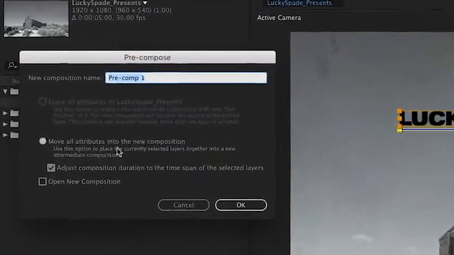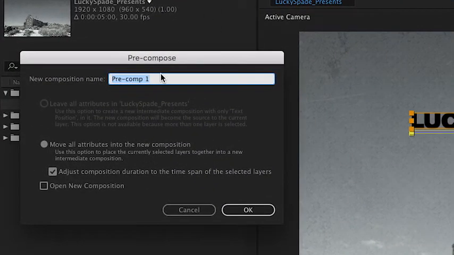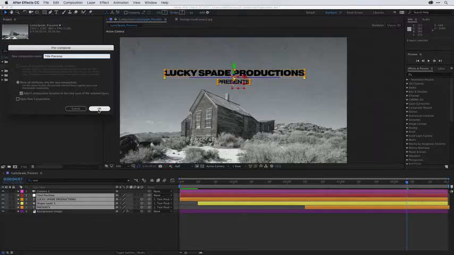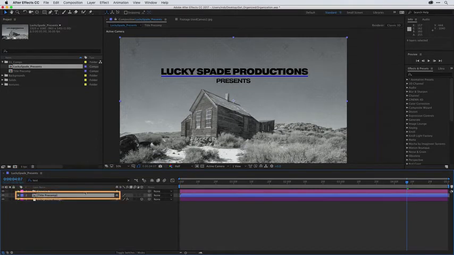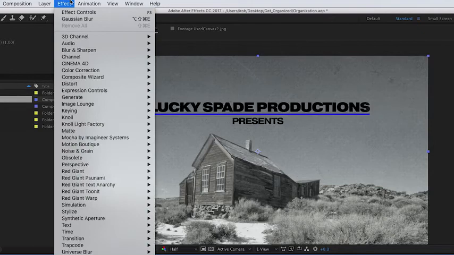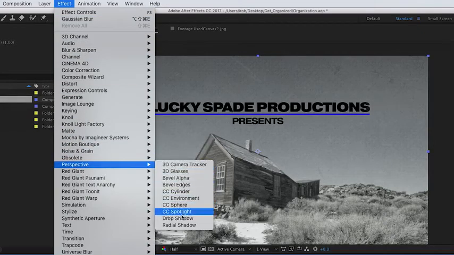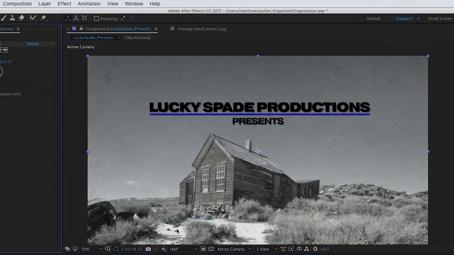In the pop-up, we can leave Move All Attributes selected and rename the new composition Title PreComp, and then click OK. And you can see they've all been moved into one composition. So now I can simply go up to Effects, Perspective, and choose Drop Shadow to apply the drop shadow to